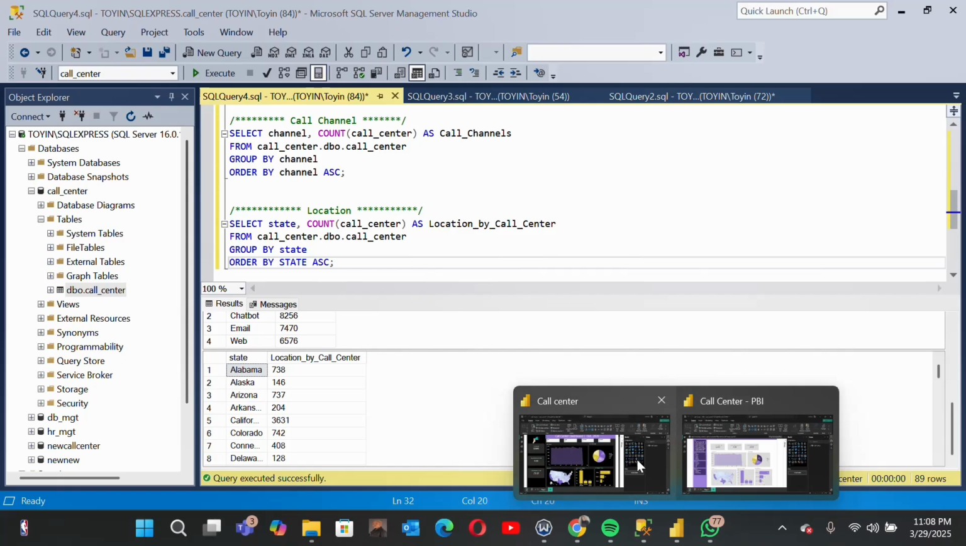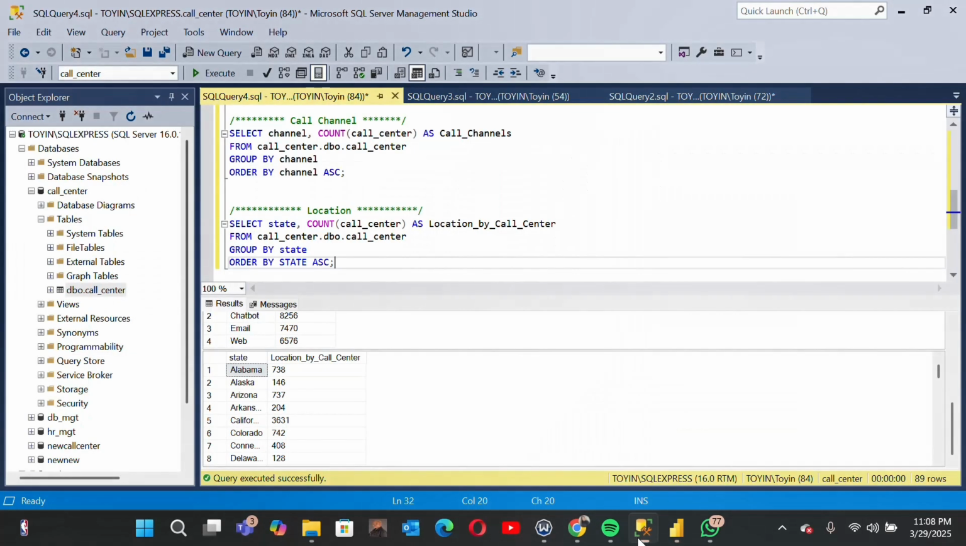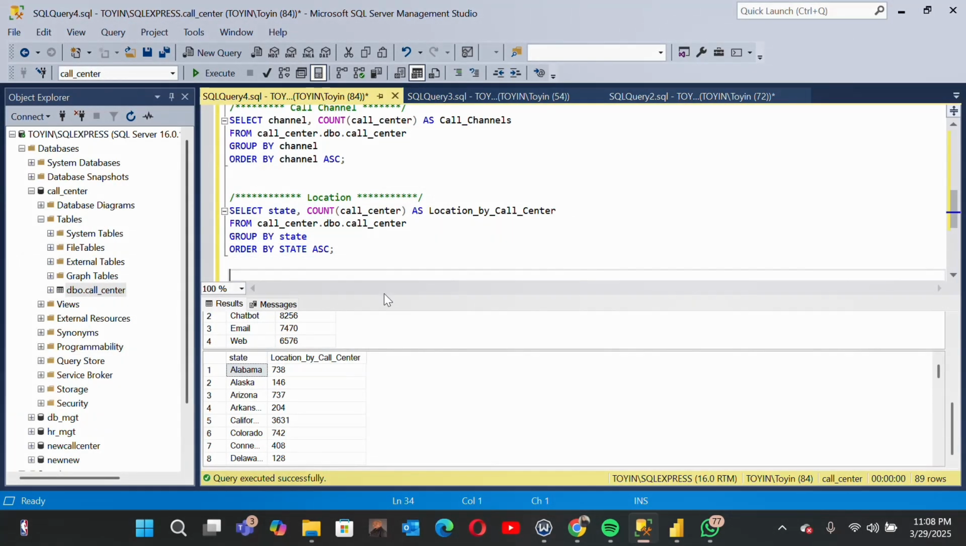If you come back to our map here, if you roll over it, you're going to see, yes, this is how they are equally spread across all centers. So we have two more. Let's go back to our